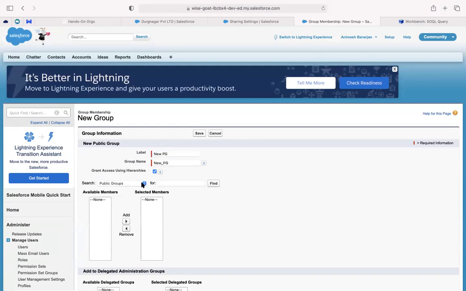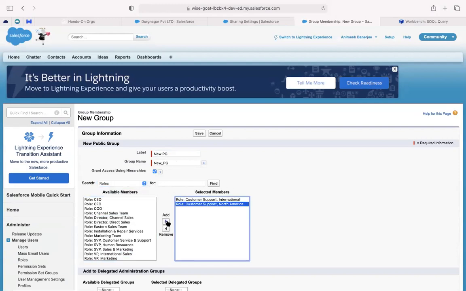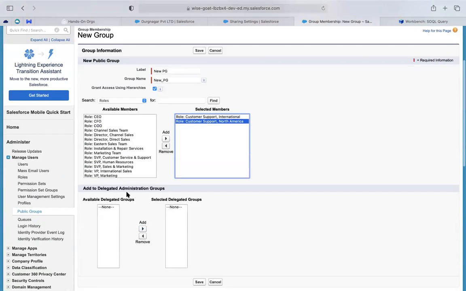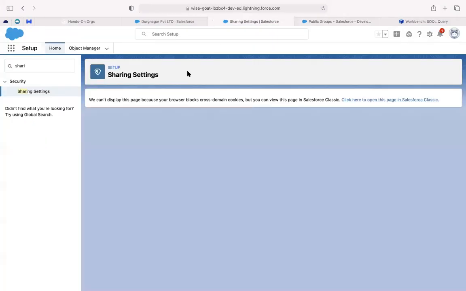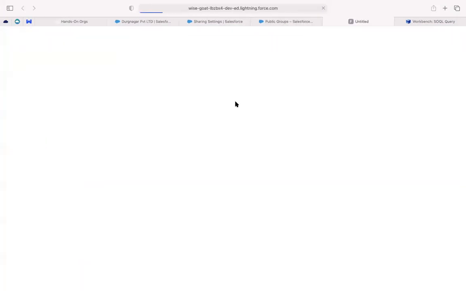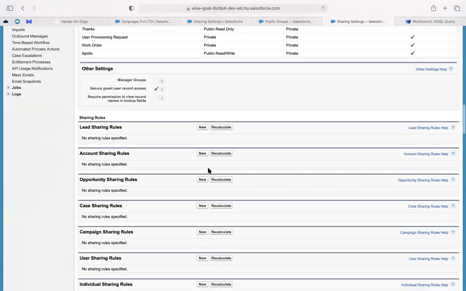A public group can consist of other public groups, we said, or roles, right? So let's select roles. Now let's go back to sharing rules. Here I will now create the account rule.